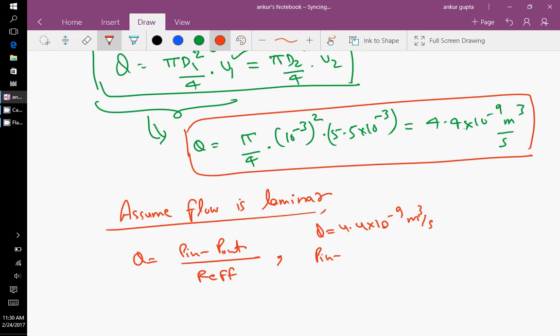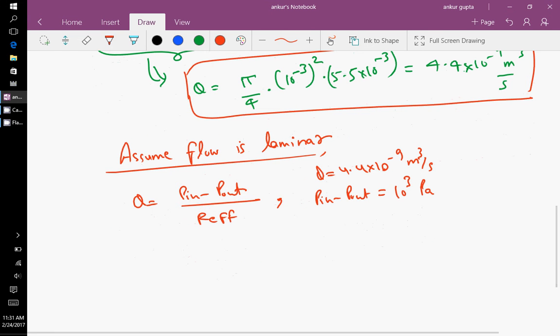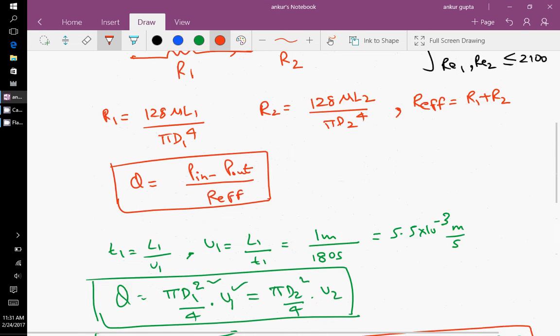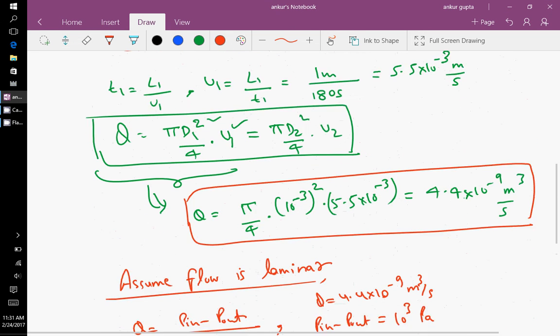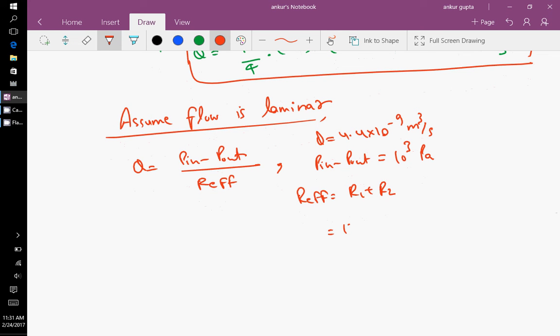We know P in minus P out, or the total pressure drop, is 10 to the power 3 pascals, and we know R effective is R1 plus R2, where R1 is 128 mu L1 by pi d1 raised to the power 4 plus 128 mu L2 by pi d2 raised to the power 4,